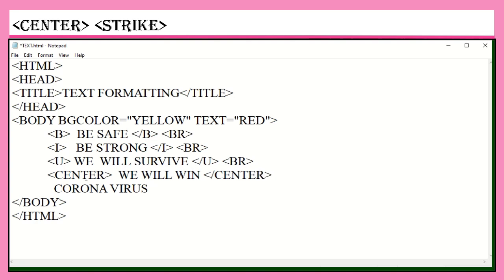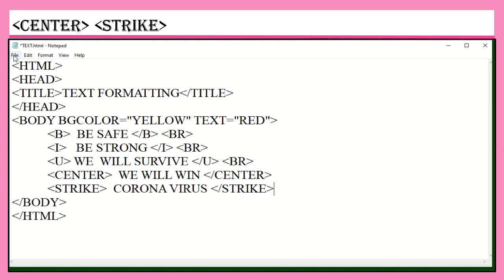And if you want to strike out any text or if you want to show any corrections, then you can give the strike tag. Now I would like to strike out this "coronavirus". So I am just giving strike. So what is the use of the strike tag, children? It is used to strike out the text. So if you want to strike out any text, or show some corrections, you can give the strike tag so that it will strike out the text. Since it is a container tag, you have to give the closing tag preceded by the slash.